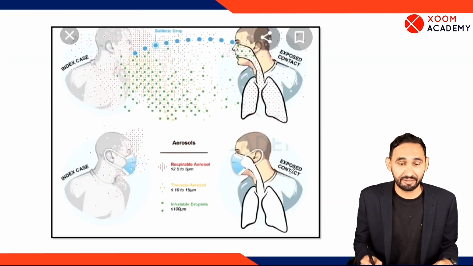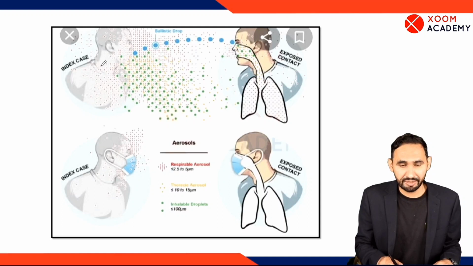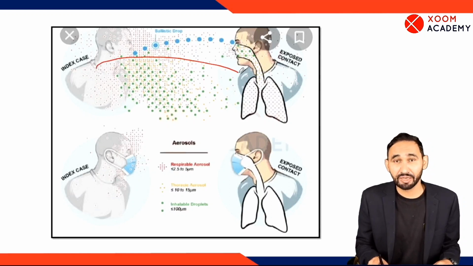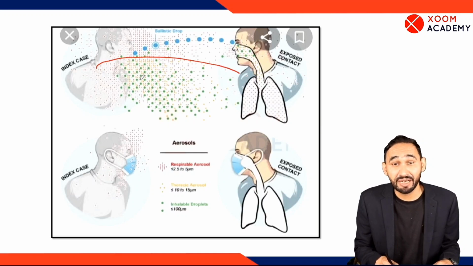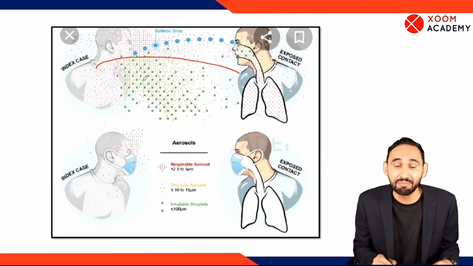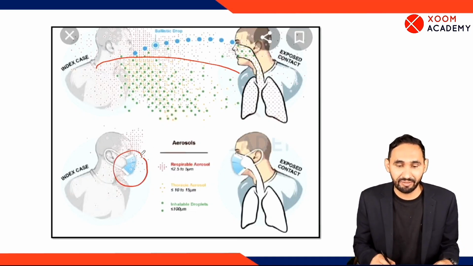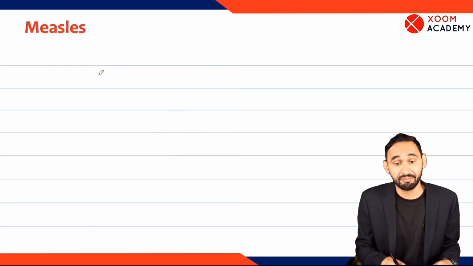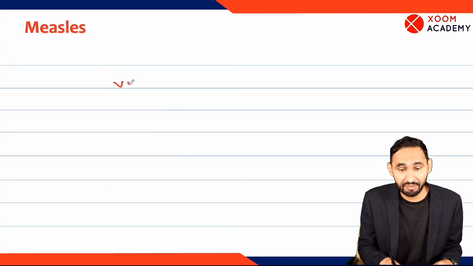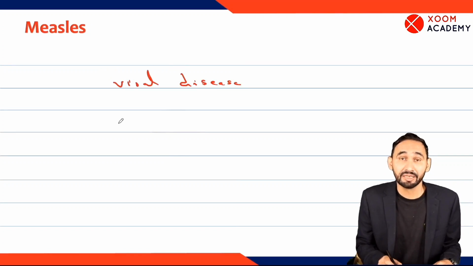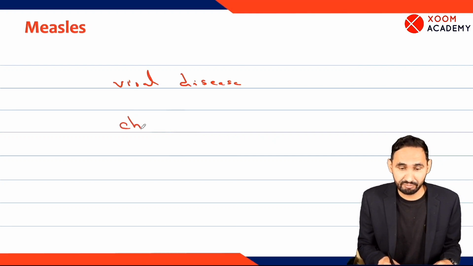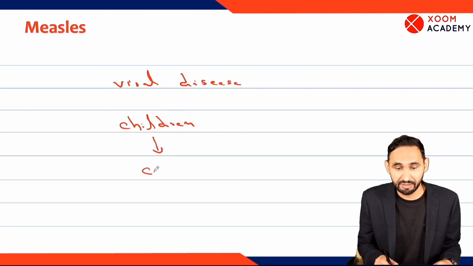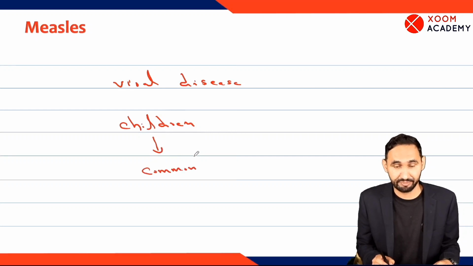Let's start from measles. You can see this disease transfers from person to person through droplet infection. If preventive measures are not taken, they spread rapidly. They are highly contagious. They spread from person to person and form a propagated epidemic. When we take preventive measures like wearing masks, transmission can be slowed down. So, measles. Measles is a viral disease of the respiratory system. It is more common in children, although it can occur at any age, but it is common in children and it can be severe in children.